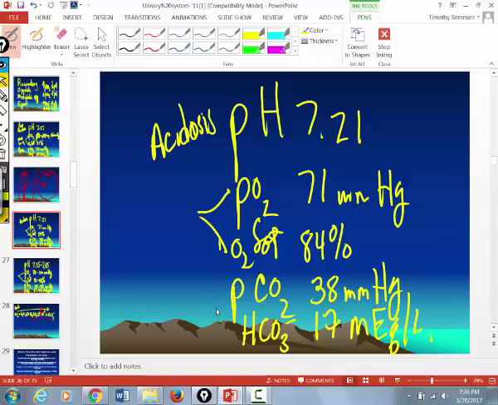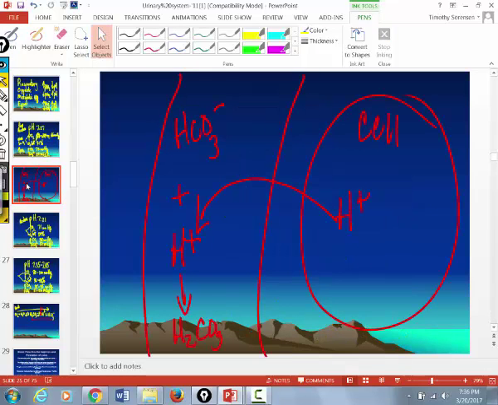It's normal, right? So you know that the lungs aren't causing this, and you know the lungs aren't helping out because the PCO2 is normal. You got me? Now you look at your bicarbonate. Is your bicarbonate high, low, or normal? It's low. So what's happening is that the cells, through metabolism, are making more hydrogen ions and dumping them into